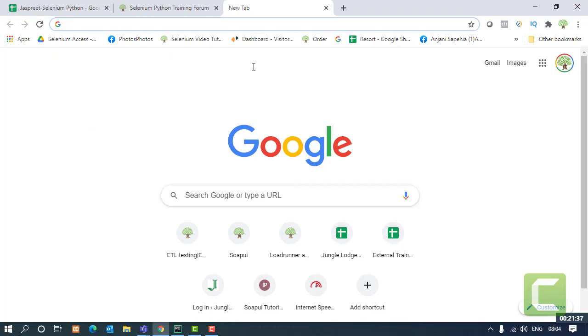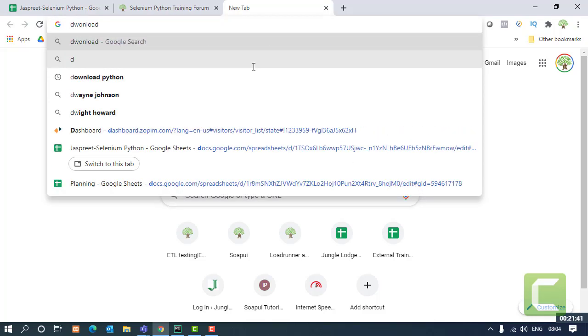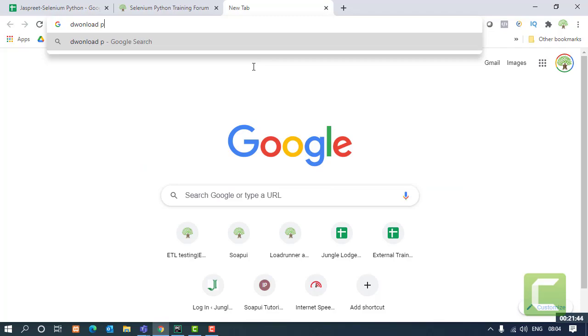So how to get it into your system? That's also very easy. Just go to your browser, whichever you like, and look for download PyTest.